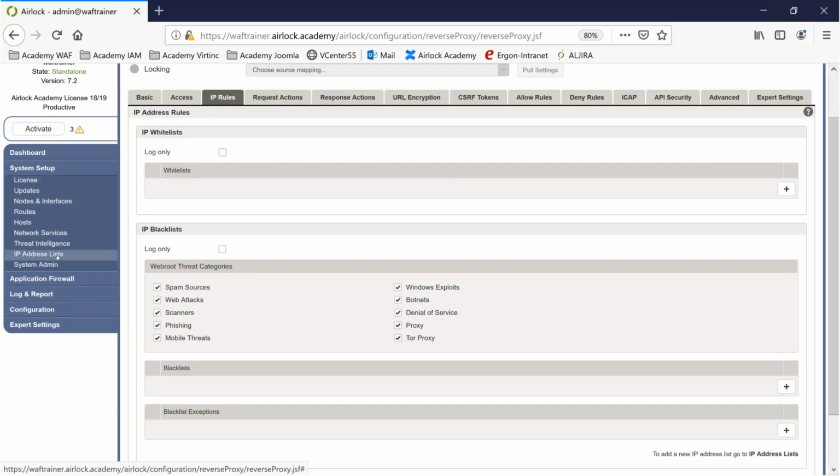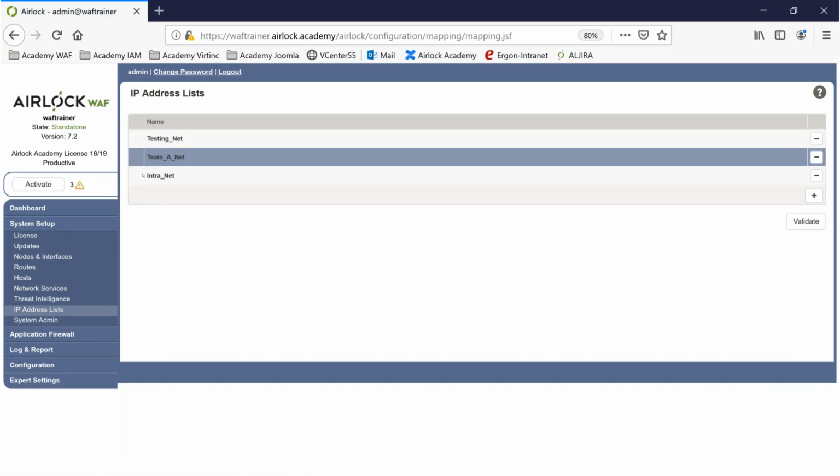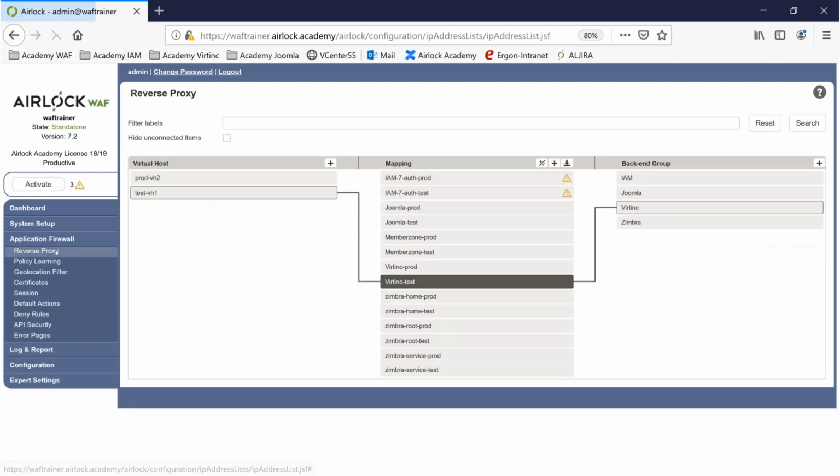System setup, IP address lists. Here you have the definition. So I have a testing net, the intranet, a team called ANET. If you check in here, you see you can use the typical IP notation, and then inside a mapping